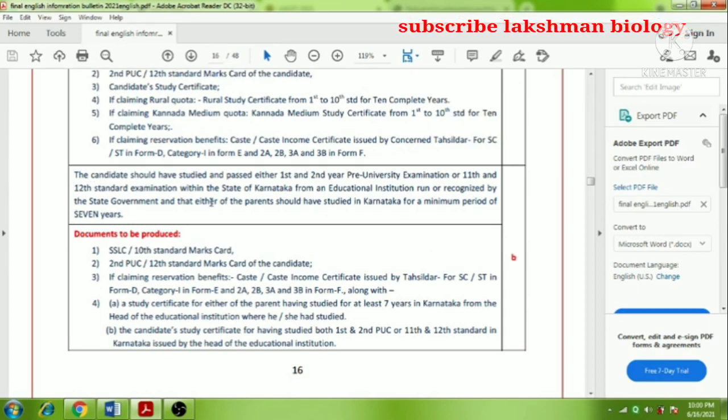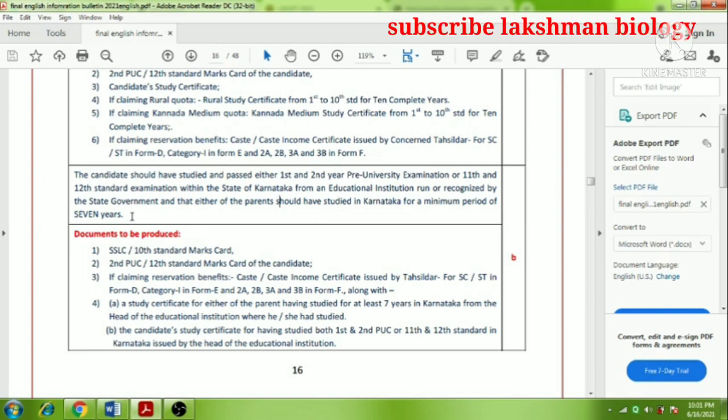If you belong to B class, the student must complete first and second PUC in Karnataka, and apart from that, their parents should have studied at least 7 years in Karnataka. To keep B, the student should complete PUC first year and second year in Karnataka.